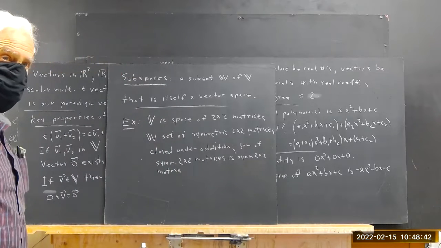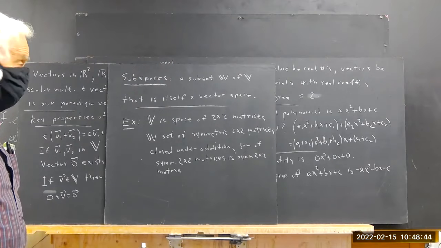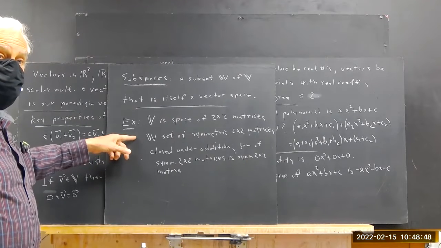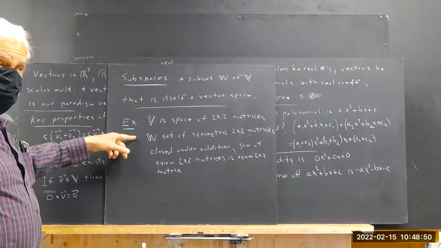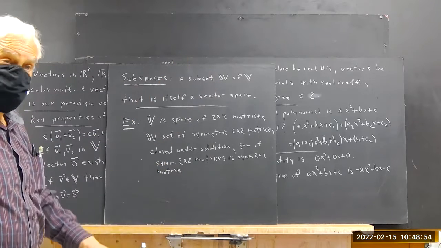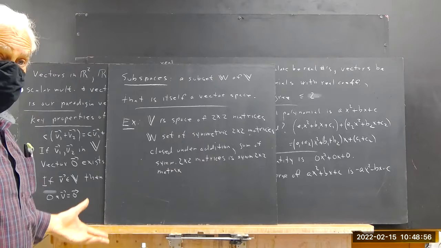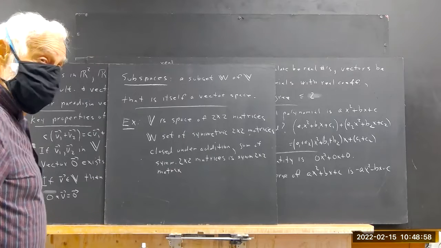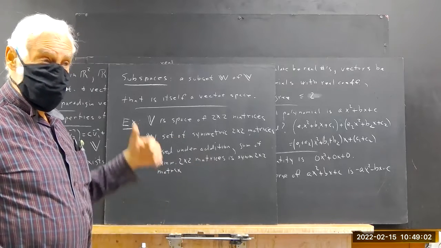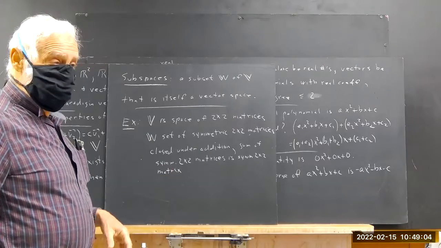Now, does a set of 2 by 2 matrices have an identity? Well, the identity matrix is symmetric. It's got zeros on both sides of the diagonal. It's symmetric. Inverses. Yeah, the inverse of a symmetric matrix will just have the